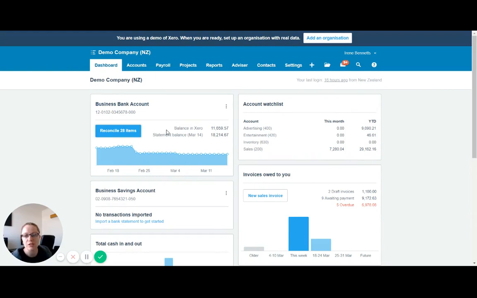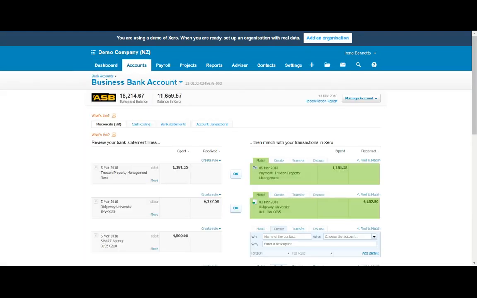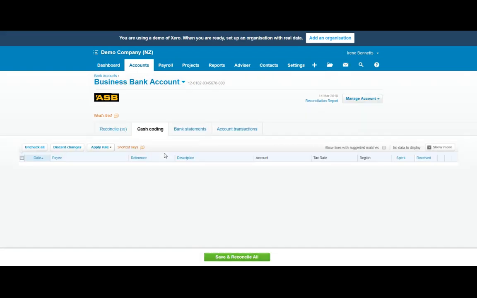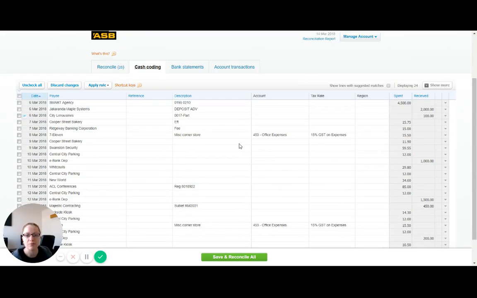So the tip I'm going to show you today is around cash coding. If you come into your bank account for reconciliation, you'll see that there is this little tab next to the Reconcile tab called cash coding. Now this is a great feature if your Xero account is a little bit out of control and you have hundreds of transactions that need to be reconciled and brought up to date. Because what I'm about to show you is the way that you are able to bulk code some of those